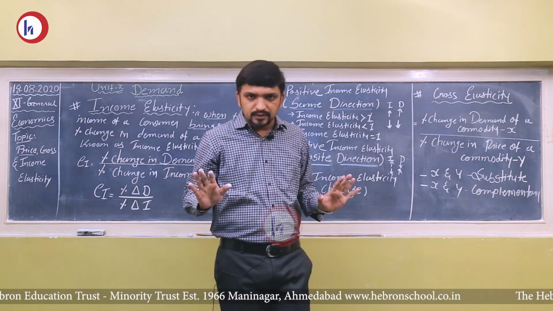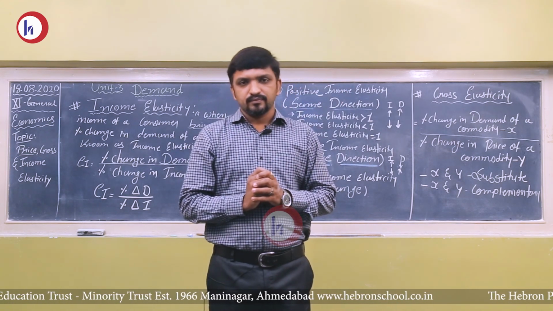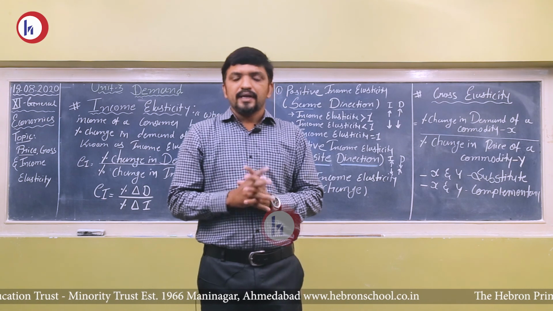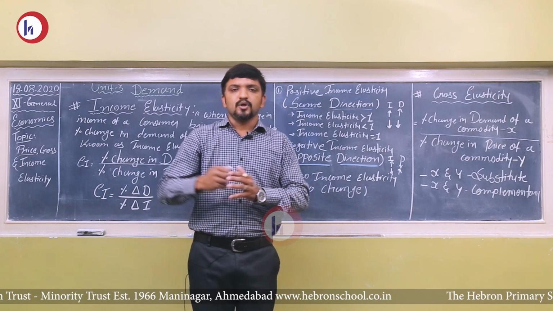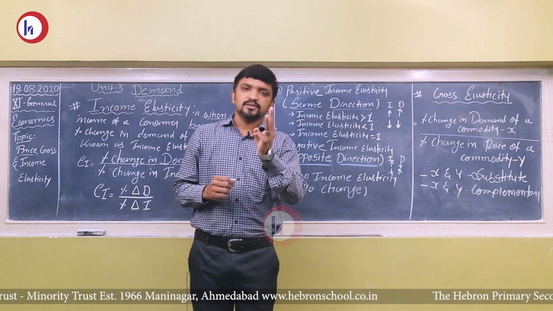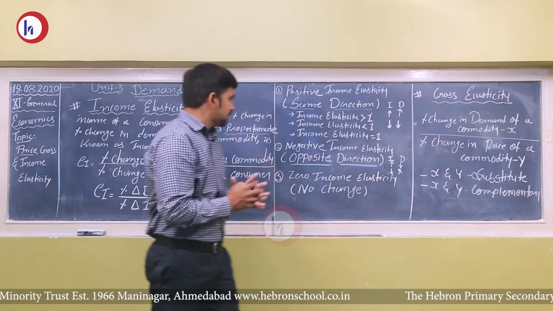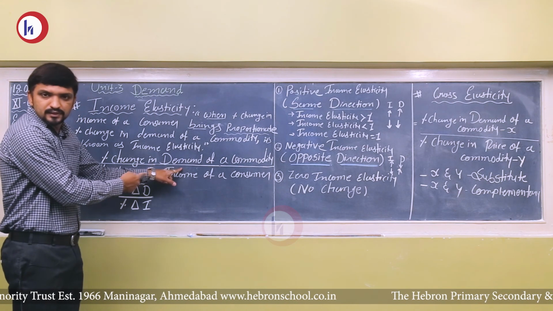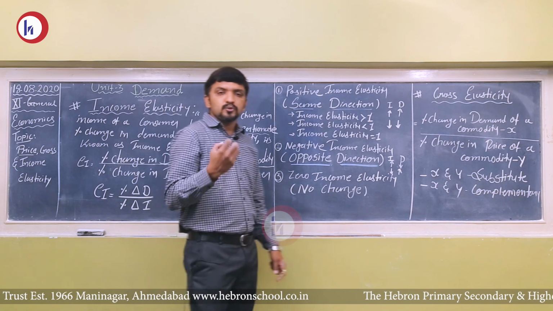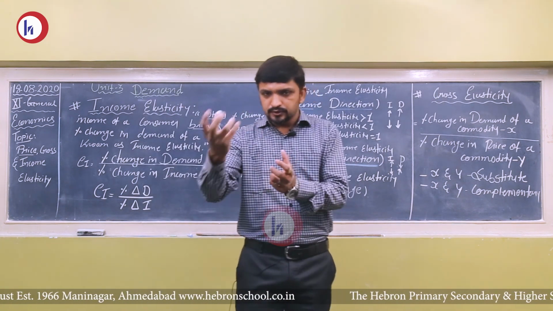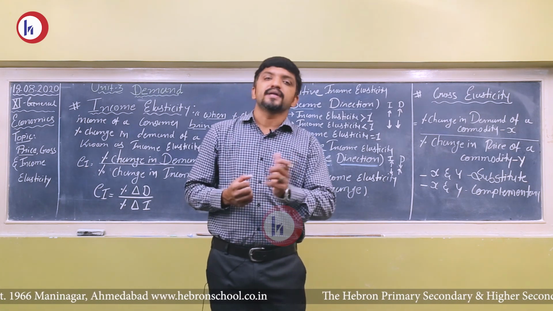So the chapter gets over, and at the end of the chapter very small question is given, and that question can be how a change in the demand can be observed. So we have three methods. Number one, proportionate percentage method, it is this one. Number two, total outlay method. Now total outlay method means quantity sold multiplied by price.